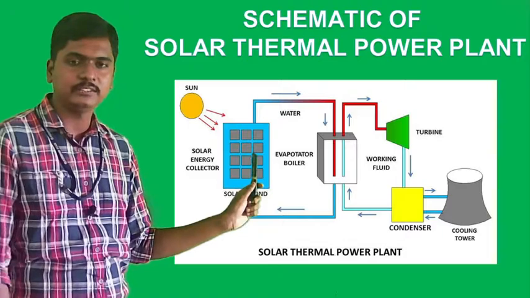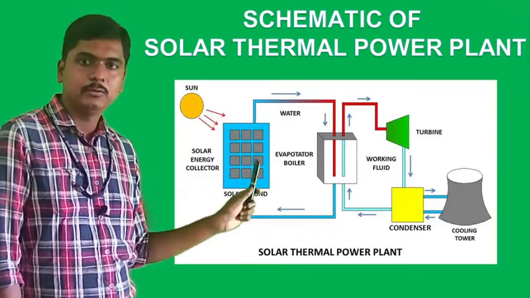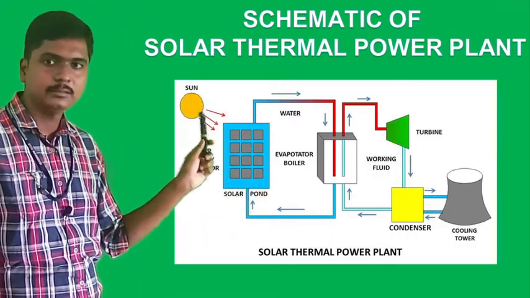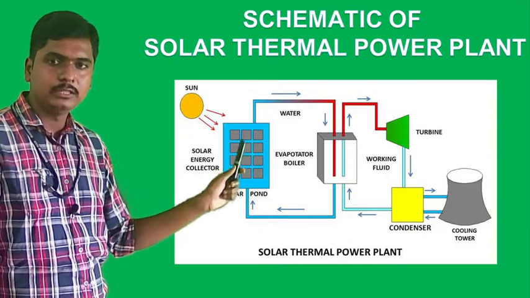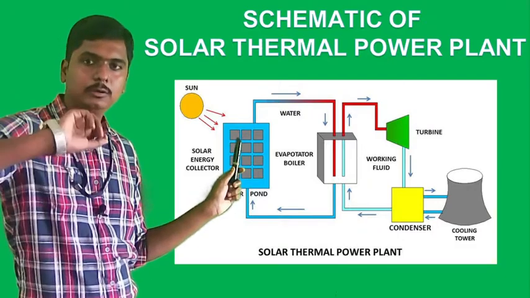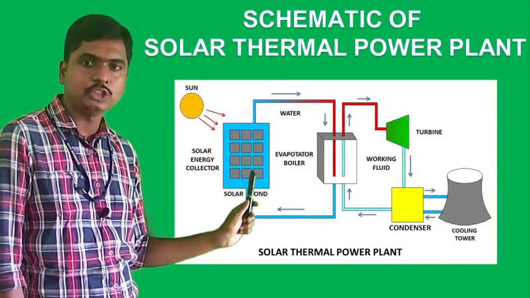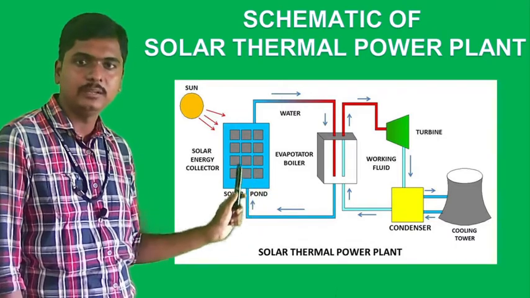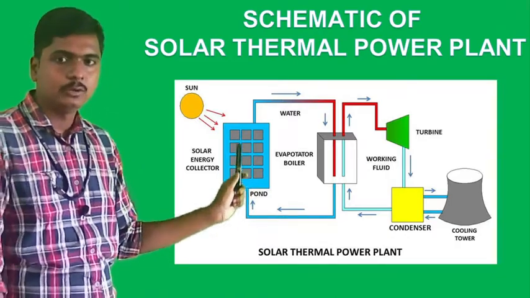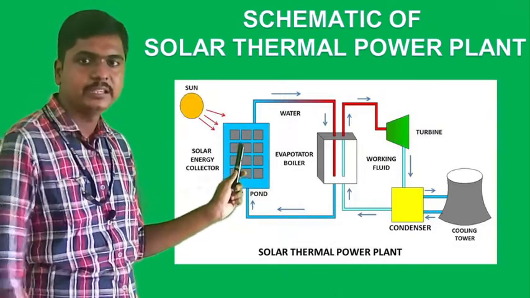So what is the advantage of this? Here we have a solar collector. What is the purpose of this one? The solar collector will get the heat from the sun. I told you in the solar collector some copper tubes are there. Inside that tube water will flow, and that solar heat energy will be supplied to the water flowing through this copper tube inside the solar collector. Now the water flowing through this tube will get heated; its temperature will rise.